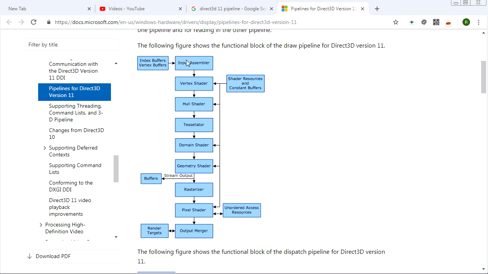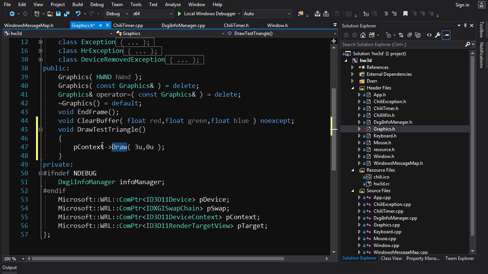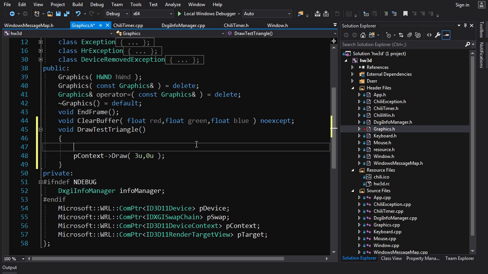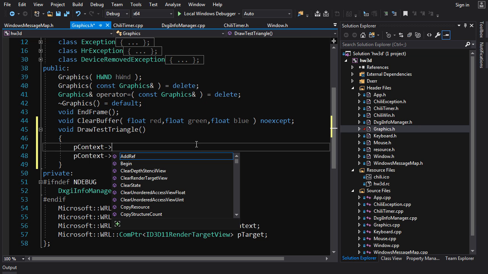That is kind of the same as the triangle assembler from the 3D fundamentals pipeline, only it's before the Vertex Shader. And it's the input assembler that takes your vertices in, assembles triangles, and then sends those triangle vertices into the Vertex Shader to be manipulated. So obviously the input assembler is where we're going to have to bind our vertex input. That's where we're going to set it. So now with your context, you type P context, an arrow, and you're going to see